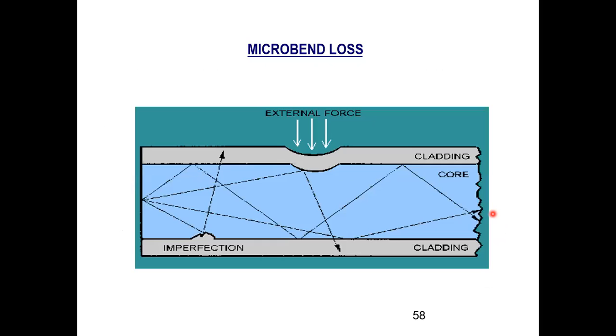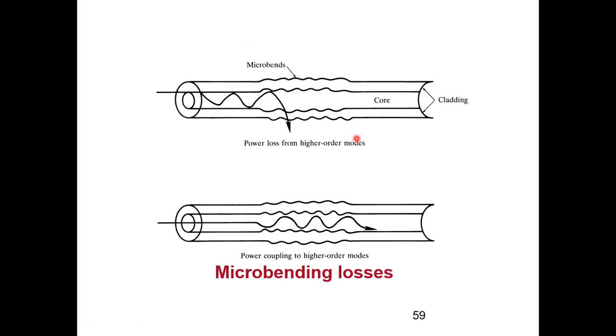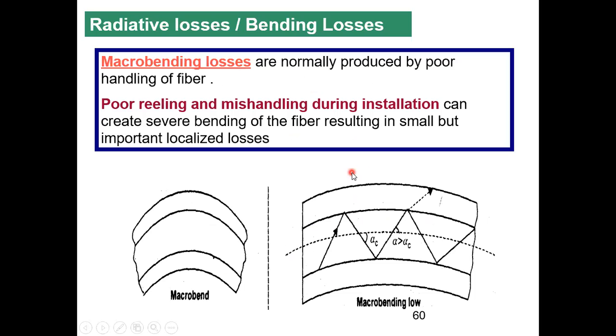So this is something which I have told you apart from whatever. So theory is there in the book. So micro bend loss. Here you can see some external force is there, and there is a deformity in the core cladding interface, and then it is lost. Some imperfections might be there during the manufacturing itself, and when it is in use, some external forces there. So that causes micro bending loss. So here I have the micro bending loss. Some modes escape, and some power might be also coupled to the higher order mode. These are the two diagrams from your book.